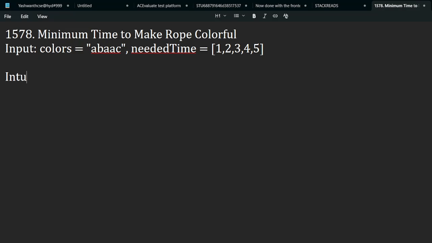Now, general intuition for solving this problem. They have given a string named colors. For better convenience, I convert the string named colors to a character array. Now, say if I convert the string into a character array named array, I get